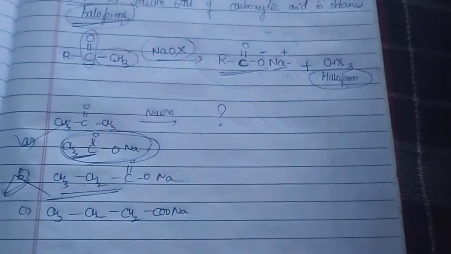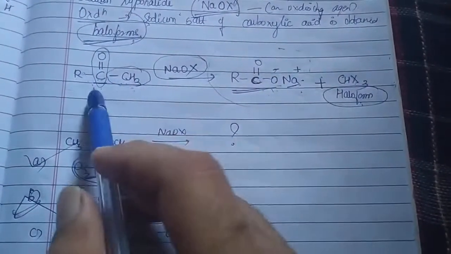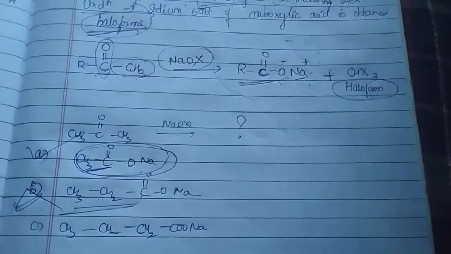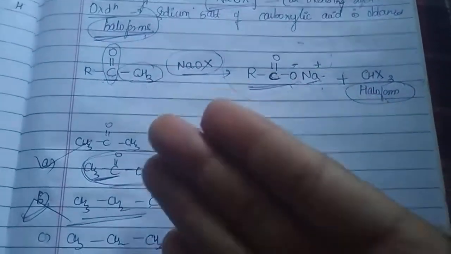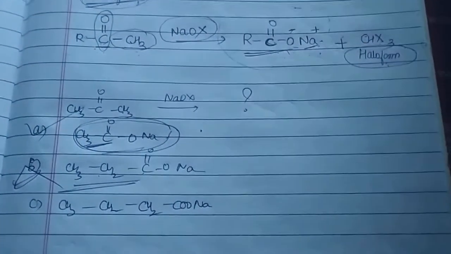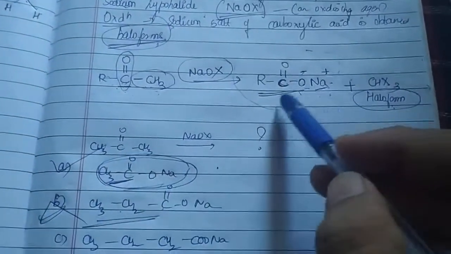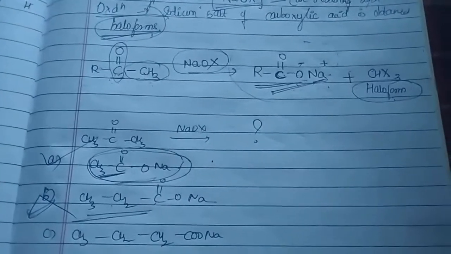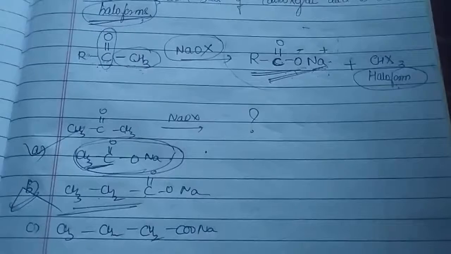So you should have such an important view whenever you're dealing with a reaction. Study the product once again. Don't just go with its name. Calculate the number of carbon atoms. If in both cases it is the same, okay, we get the same. In case it is different, see whether it is higher or lower. It matters a lot, because to confuse you they will give options like these, and it becomes a vital task to know whether the obtained product has the same number of carbon atoms or a different number compared with its reactants. Is that clear? Very important.